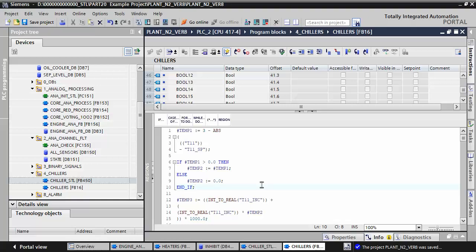We have this chiller project. It's an industrial chiller project that was initially developed in SCL, Structured Control Language, in TIA Portal. We have it in hand. The original algorithm is developed in SCL, and we want to